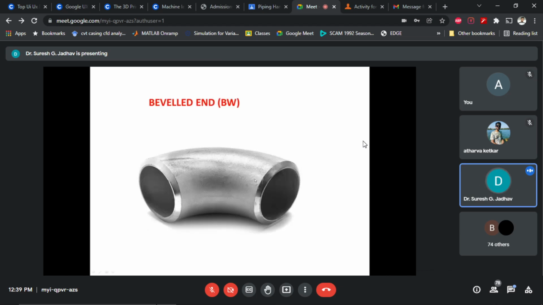Now the next thread type is bevel end, used with butt welding. You might study different types of welding in workshop technology. So here, bevel ends are used with butt welding. Here, bevel end pipe fittings commonly feature